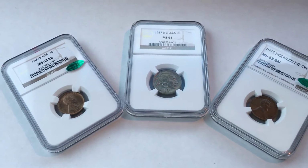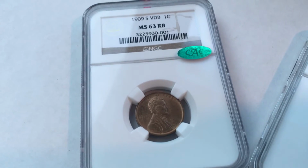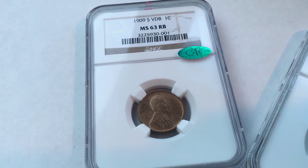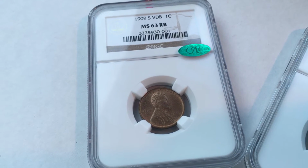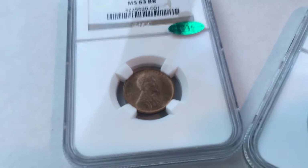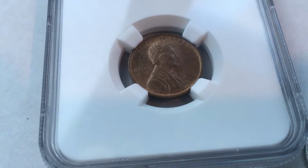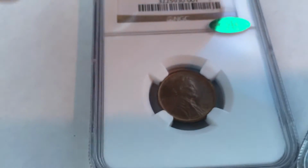So the first one that I would like to show you is, I've done a video on this coin before, but it's my 1909 VDB Lincoln cent, and this one is graded MS63 red brown by NGC. It's also CAC'd, you see there. So I'll show you the obverse, if you can see that. Got the 1909 S, and on the reverse,